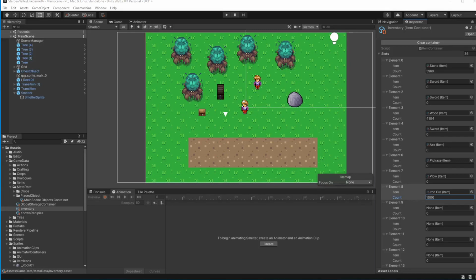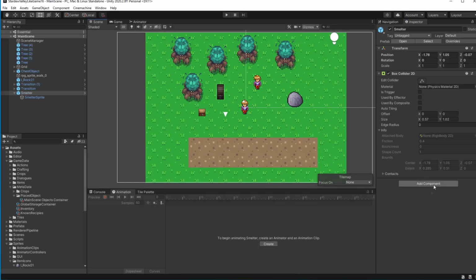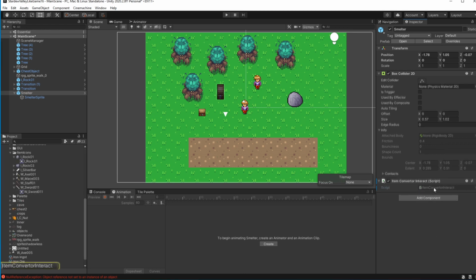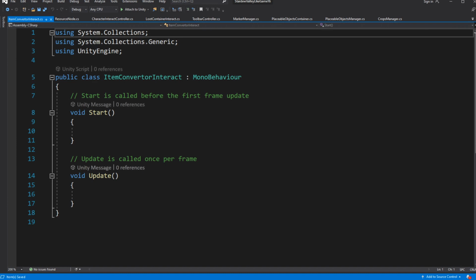Then create another new script called ItemConverterInteract, which will inherit from the Interactable class.